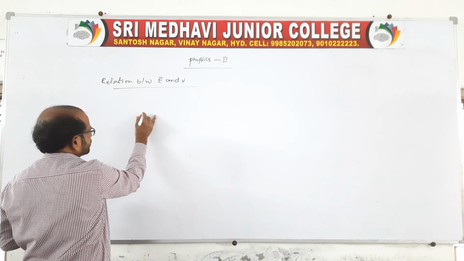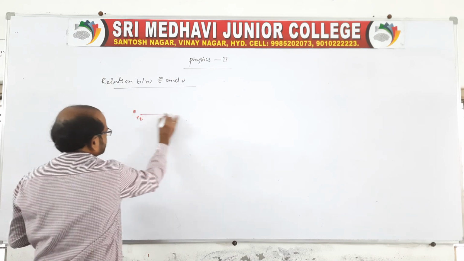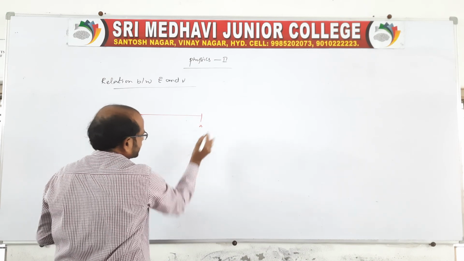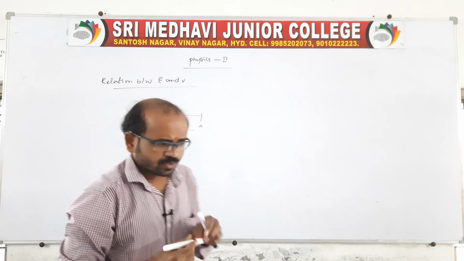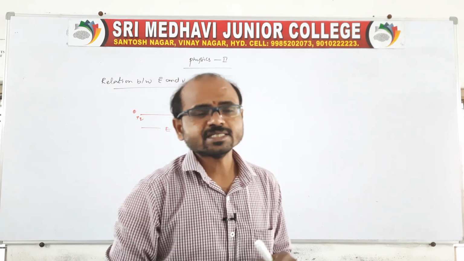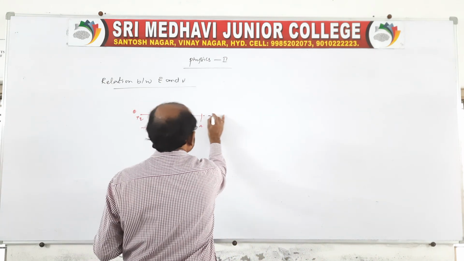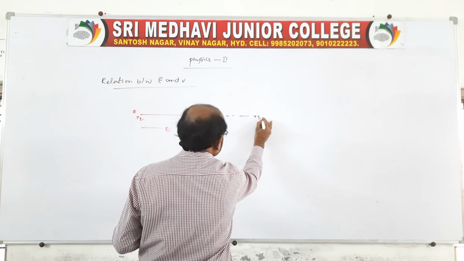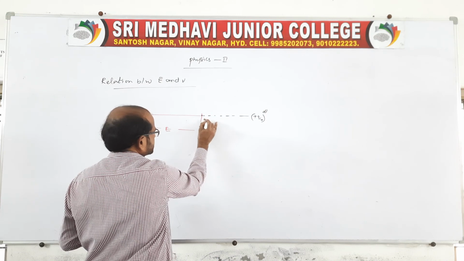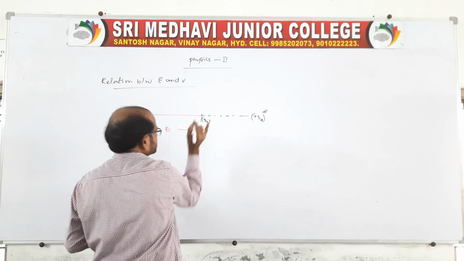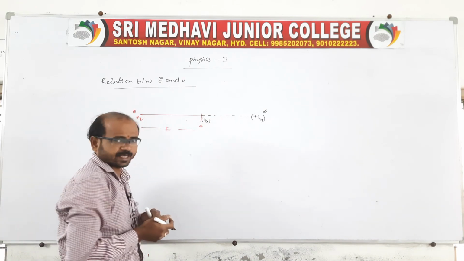See, a point charge plus Q is placed. Due to this, the field intensity is acting at a point A like this. Now electric potential: already we know the statement is, a unit positive test charge is brought from infinity and placed at a point, right? This is a Q naught charge, and placed at point A, there is work said to be done by bringing this charge to point A.